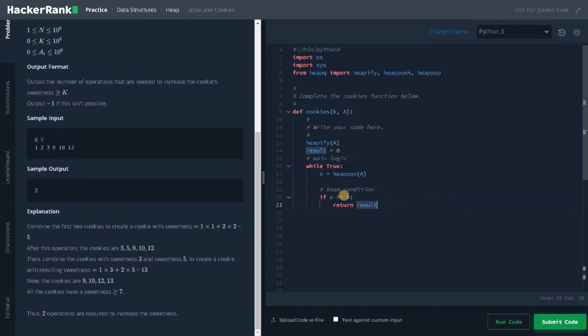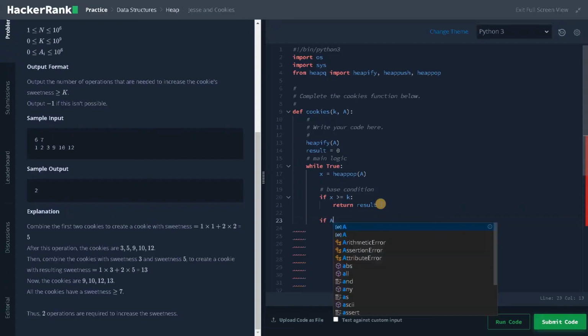If it satisfies the condition, it will return the result, that is the number of steps it has taken. If the condition failed, it will go to the next line. In the next line, we will check if the array has some elements, that is, if a. Again, we need to pop the second element, that is y equals heappop of a.